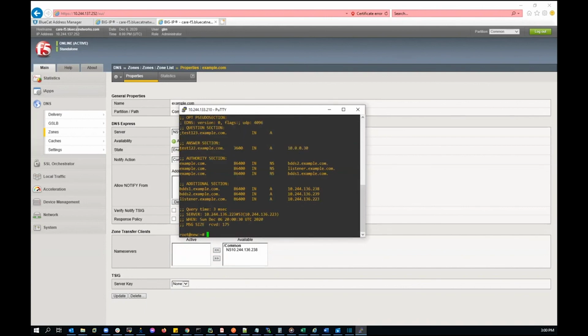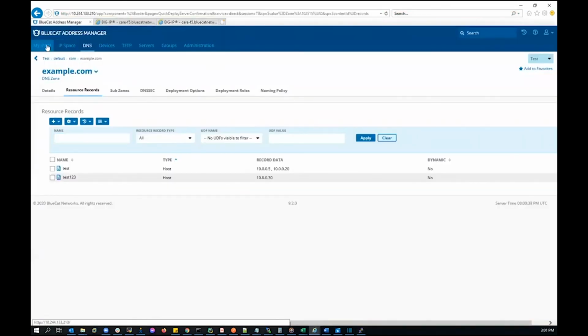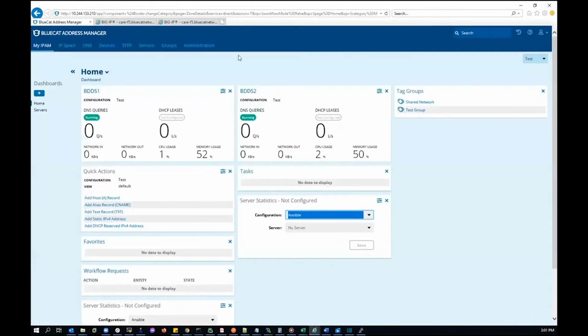So there you have it. With BlueCat Address Manager, you have complete control of your DNS infrastructure even when the BDDS are load balanced under an F5 virtual server. You can utilize your existing Big IP DNS as a secondary DNS box while managing the